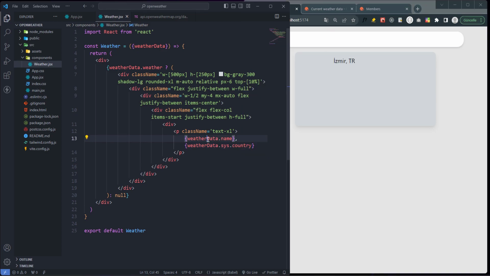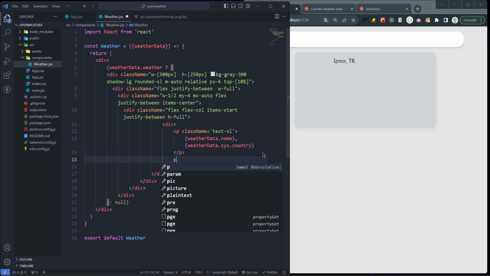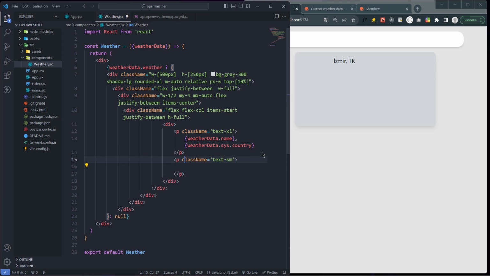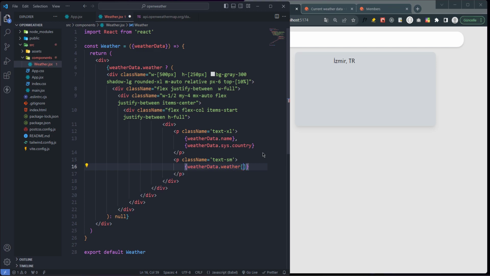Okay, and another paragraph tag. This will be the description and class text small, weather data and weather index 0, first index description. Okay,